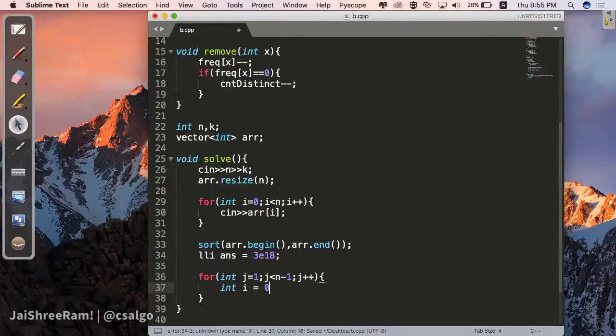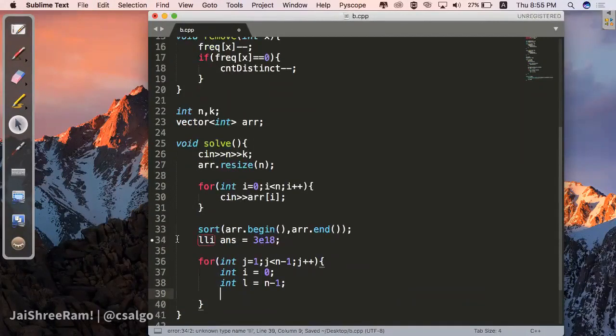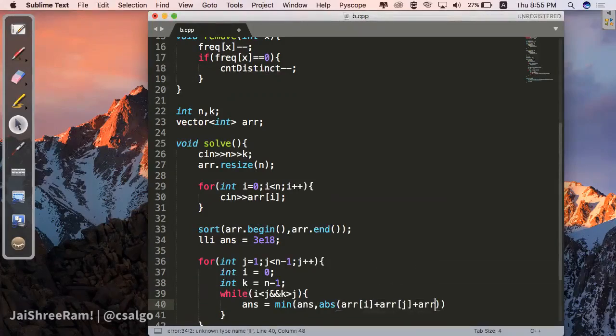So integer i is equal to 0 and integer k is equal to n minus 1, right? So first and last element is where we start from. Now while i is less than j and k is greater than j, what we do is answer equals minimum of answer, comma, abs of ARR of i plus ARR of j plus ARR of k,